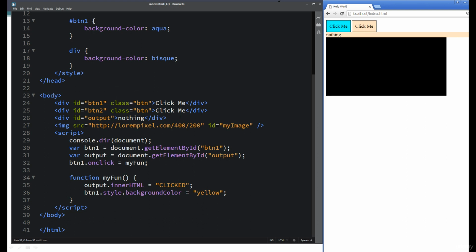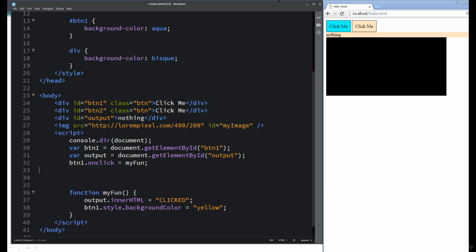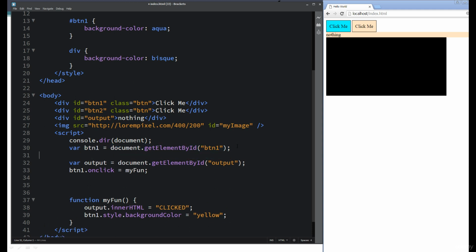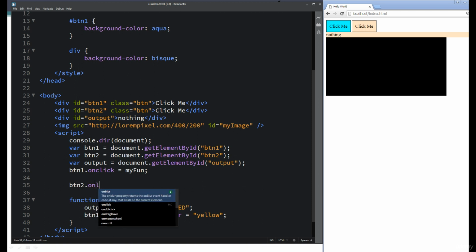And of course, there are different ways that we can do the onclick. So I'm going to do the onclick on button 2, just to show you that there are different ways to write the same type of functionality. So I'm going to select btn2, and for this one, I'm going to do btn2 onclick, and I'm going to set it equal to